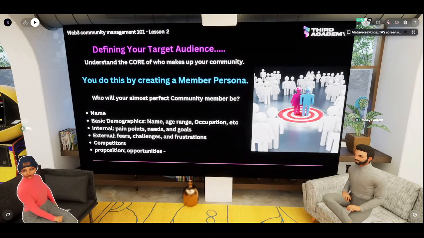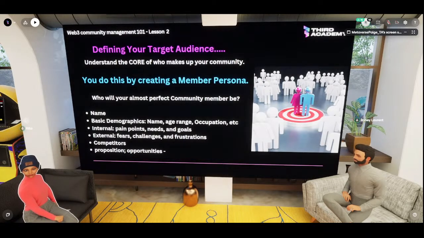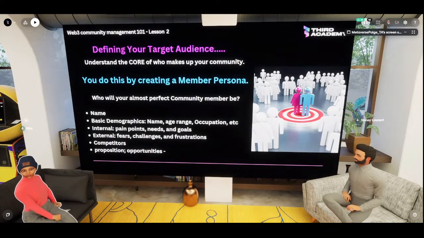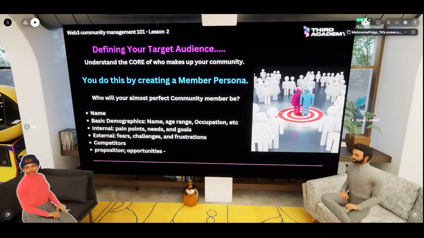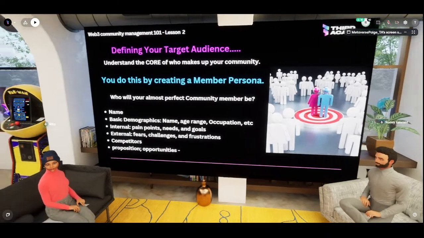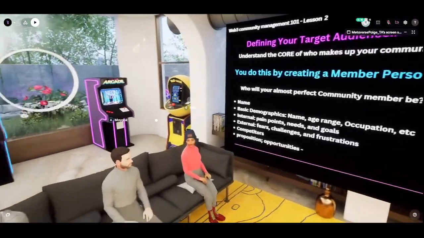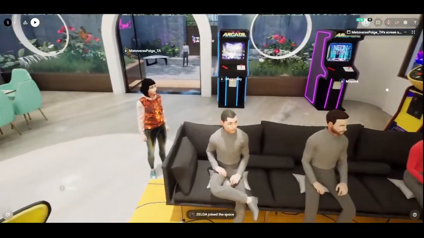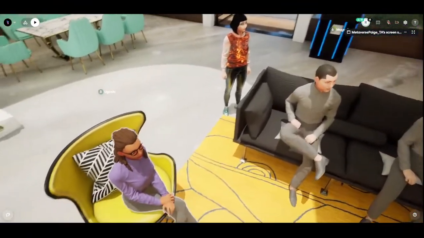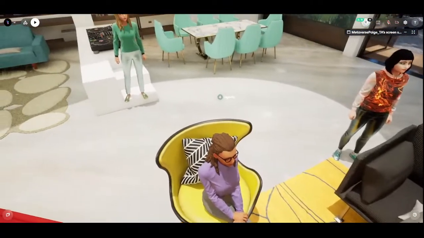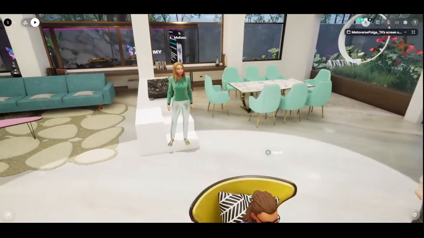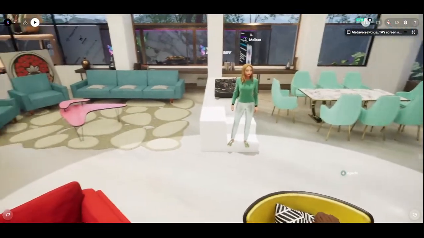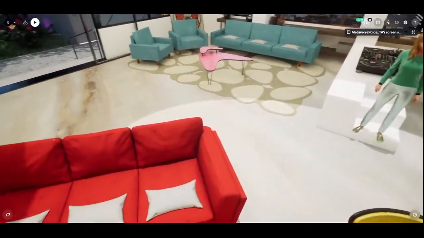So creating multiple personas is where you get realistic with your personas, right? So create a member persona per solution that your community provides. After creating your personas, remember that your audience strategy, that is your target audience strategy, is not set in stone, right? So you have to put it to the test, refine it, and evaluate its effectiveness. You need to keep learning about your community members, listen to their needs, and adjust your approach accordingly, right? So let's move on.